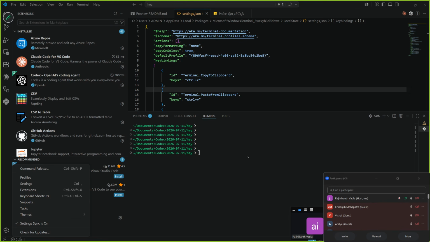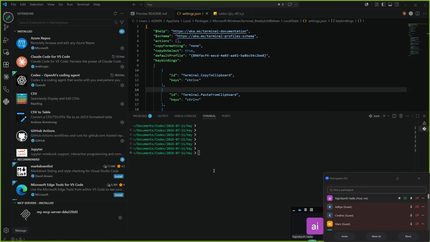So you mean we have to log into the GitHub account at the same time? Exactly. It will show you an option to sign in. Click on sign in. It will take you to the browser, and you have to connect with GitHub. Okay. So that one is mandatory. Even if we don't do it, will it not work? It works. Okay.